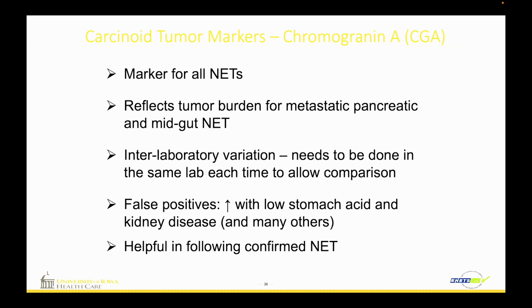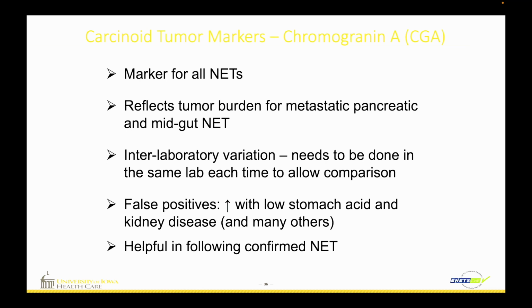Chromogranin crops up in all of the neuroendocrine tumors, and the amount of chromogranin that's there really reflects how much tumor is there. Again, it's very important to get it measured in the same lab each time. There are a lot of false positives with this. In fact, chromogranin probably has the most false positives of any of the tumor markers, because it is affected by medications that lower stomach acid. So your Prilosec, your omeprazole, all of the medications like that are going to put up chromogranin and don't mean that there's a tumor there.